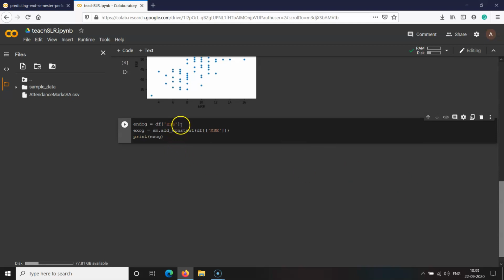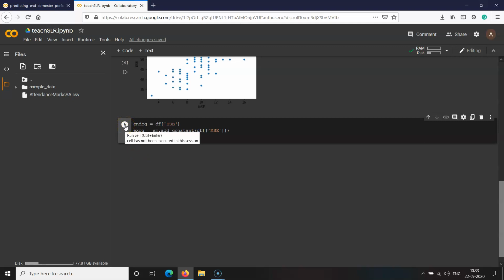Here I have separated it from the given data frame, and I need to add one more constant vector in the input, which represents my beta 0. And my input variable is the mid-semester examination mark for the first linear regression model. So let us check what the result of the pre-processing is.